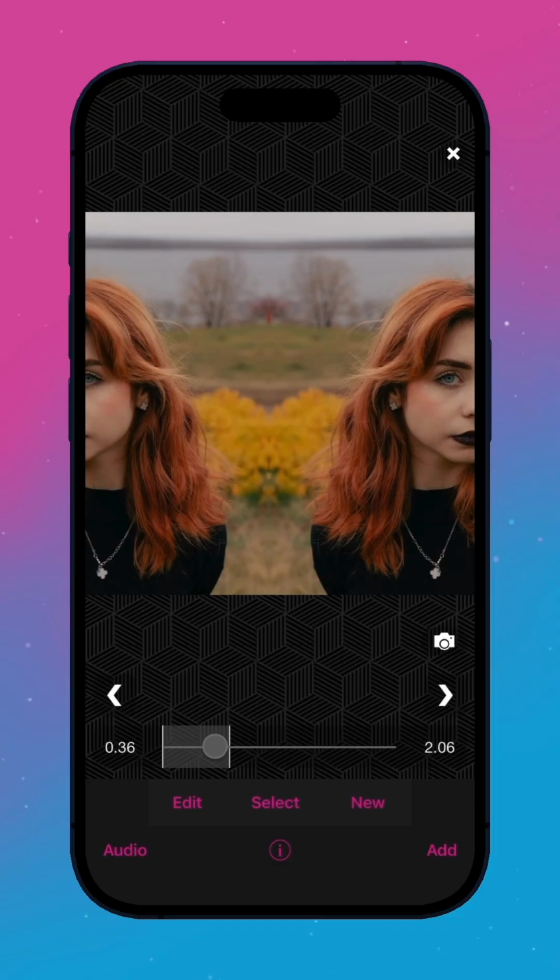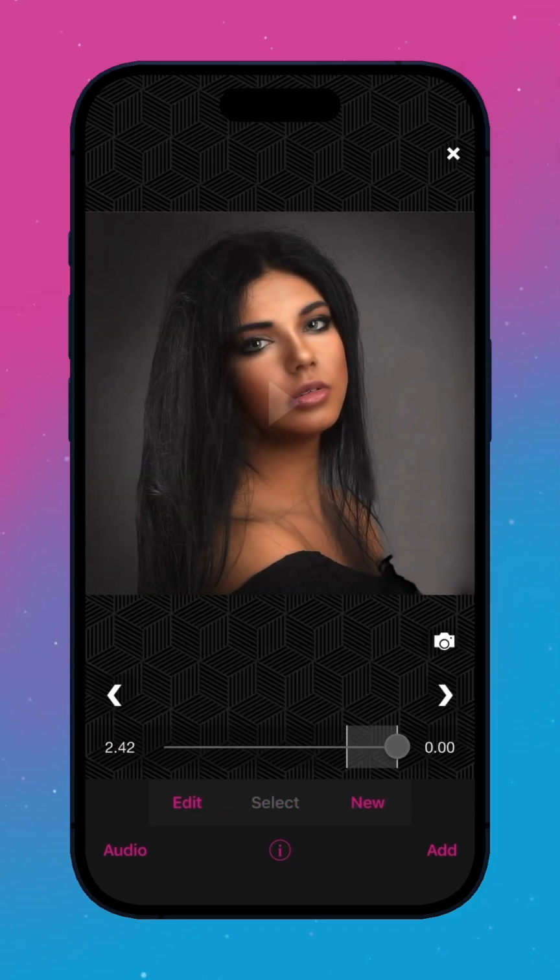Want to take your transitions from this to this but don't know where to start? In this video, you'll learn how to add custom graphs to your edits like a pro. First, start with two scenes.